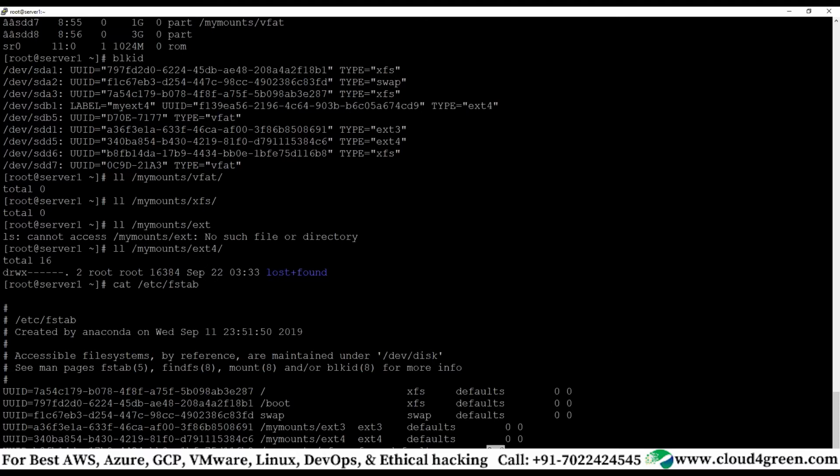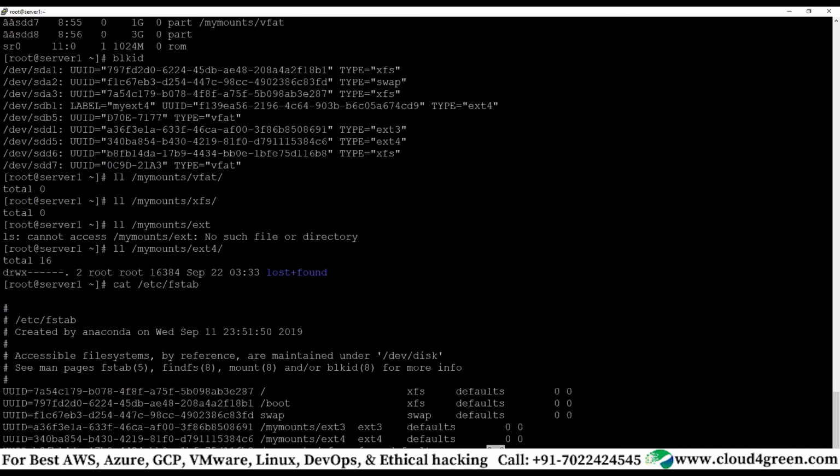With one PV, you can also create multiple volume groups. If I use both of these PVs together to create a VG, the VG size will be 200 gig.